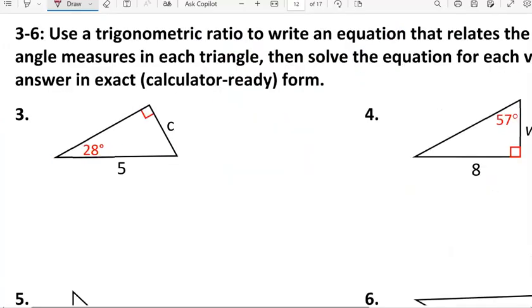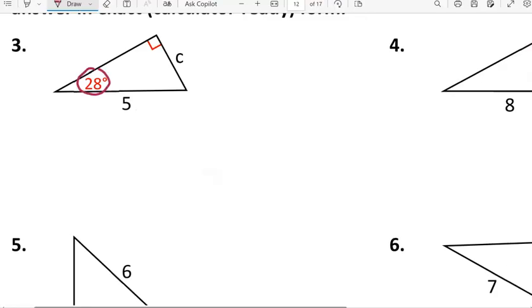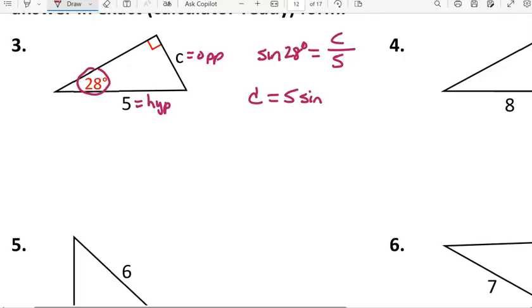In 3 through 6, we're using a trigonometric ratio to write an equation and then solve it to find the unknown side or angle measure in exact or calculator ready form. So we have in number 3, a 28-degree angle. C is our opposite side, and 5 is the hypotenuse of that right triangle. So if we have opposite and hypotenuse, we need to use a sine ratio. So sine of 28 degrees is equal to opposite C over hypotenuse 5. Let's multiply both sides by 5, and we get C equals 5 times the sine of 28 degrees,